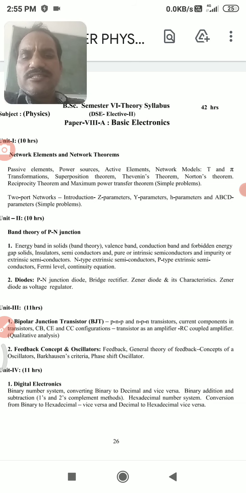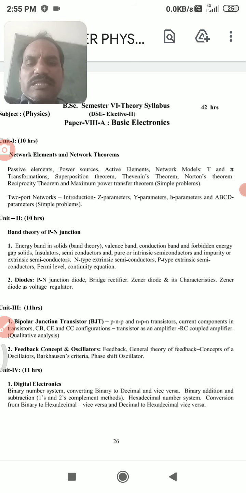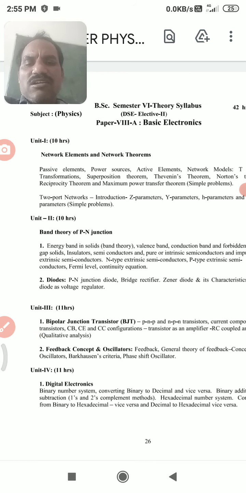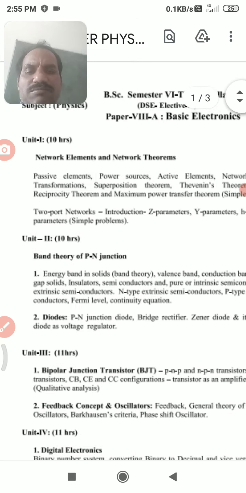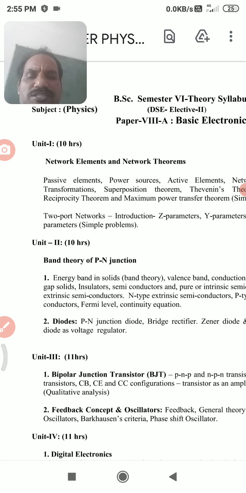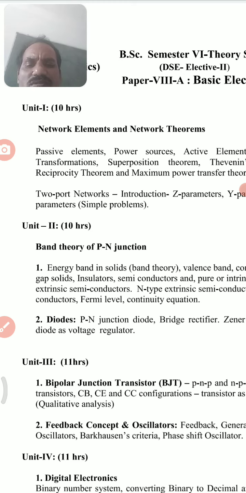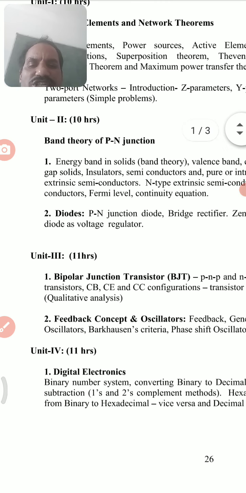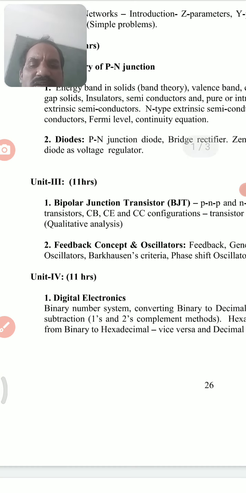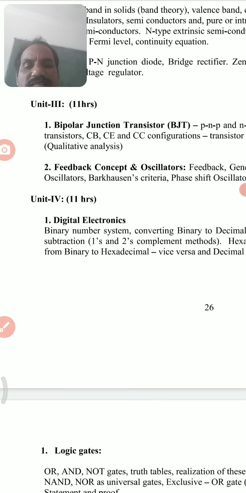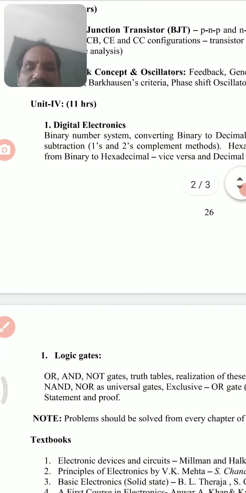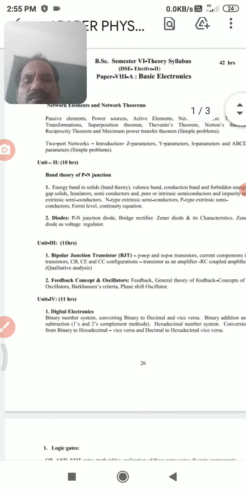One is the sixth semester physics paper, basic electronics. Basic electronics has four units. The first unit is network elements and network theorems. The second unit is band theory of p-n junction diode and diode. The third is bipolar junction transistor, and then feedback amplifiers and oscillators. The last unit is digital electronics and logic gates. These are the main topics in the